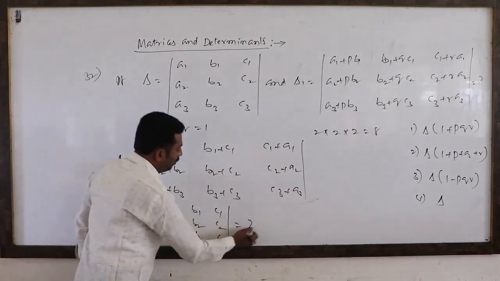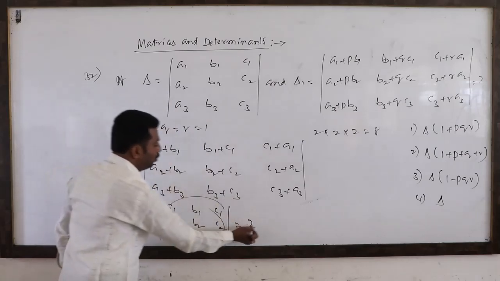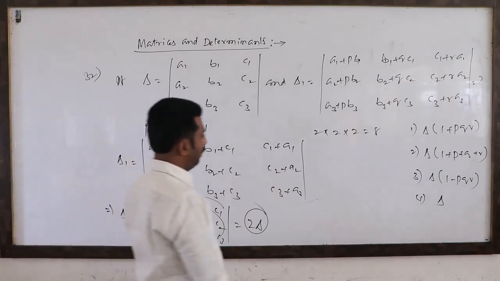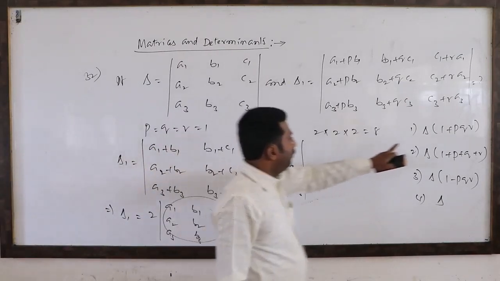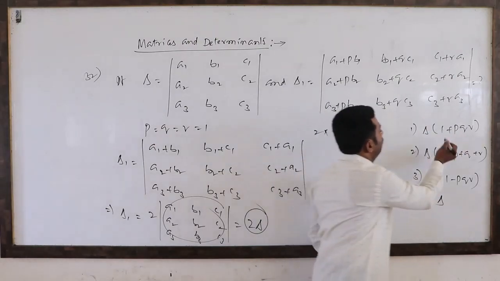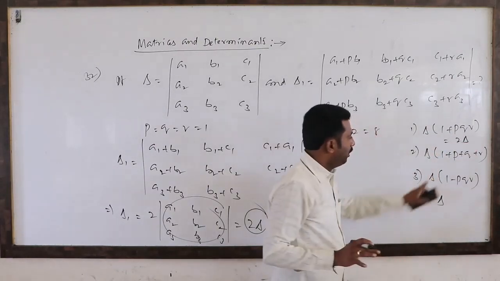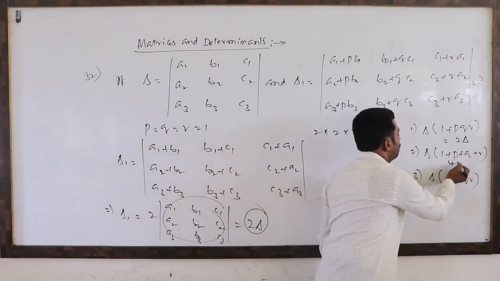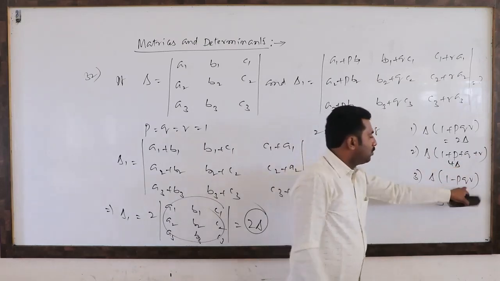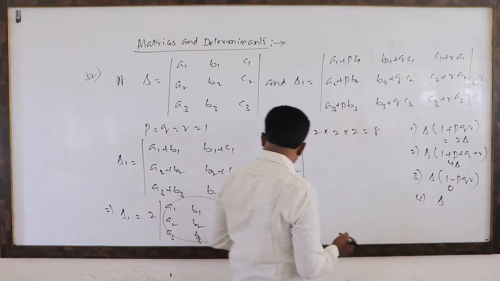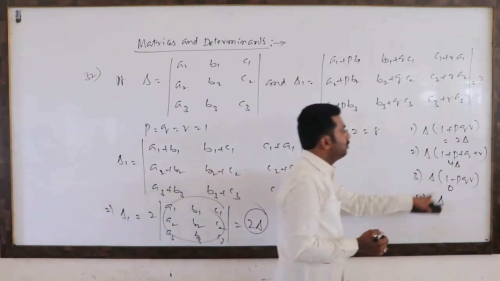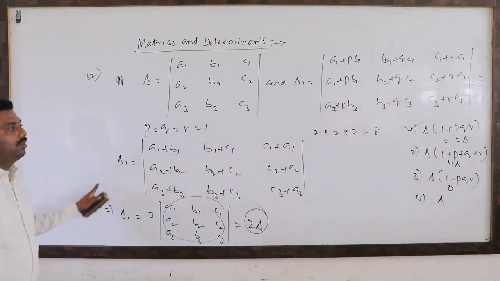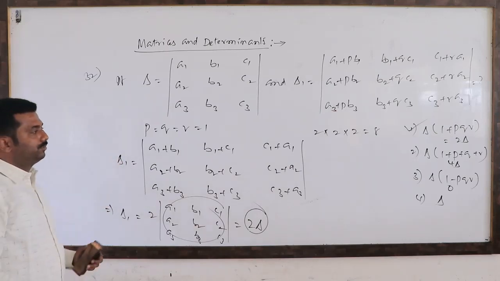So 2 into, this is nothing but delta only, no? So 2 into delta. How many option possibilities are there? See, PQR 1, 1, 1, if I substitute, 1 plus 1 means this value 2 into delta. P value 1, Q value 1 means 1 plus 1 plus 1 plus 1, 4 delta. 1 minus 1 means this is 0. This is delta. So what is the result we got? 2 delta. Among the 4 options, 2 delta where it is? This is the correct option. Like that, this is one simple shortcut way you should remember for this type of questions.